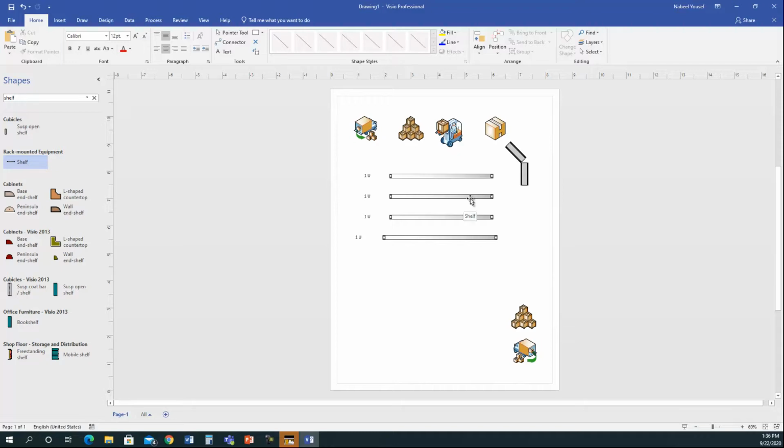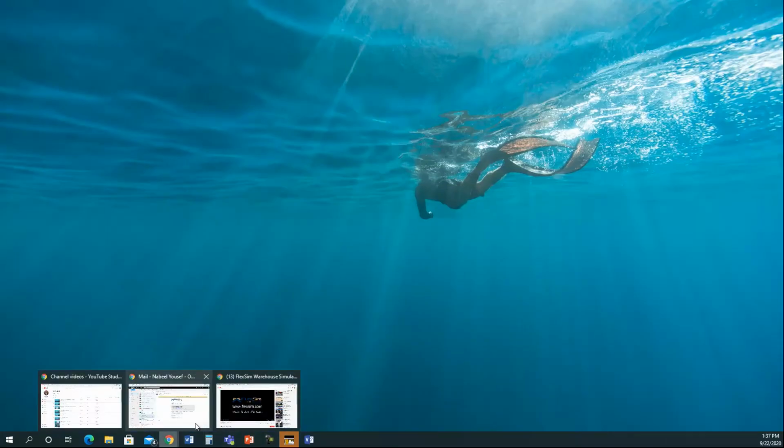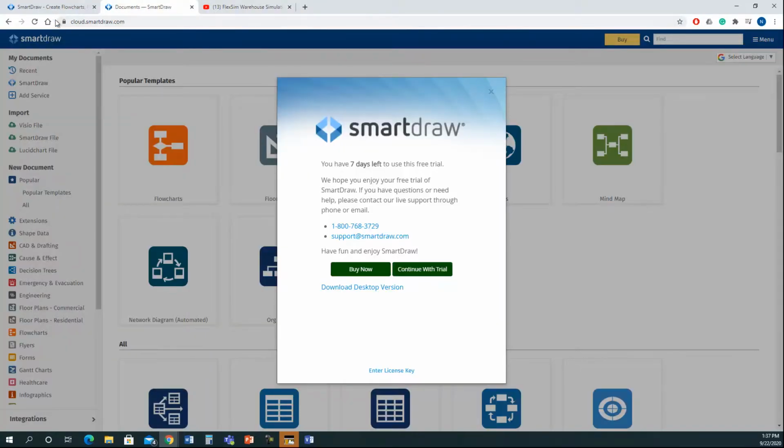As you can see, it's lots of manual labor, and you have to work on it a lot. Versus FlexSim as a simulation, most of it is ready. All you need is just to do the configuration, and it will give you a simulation for the warehouse that you need. The other one that we talked about was Smart Draw, and with Smart Draw you can just